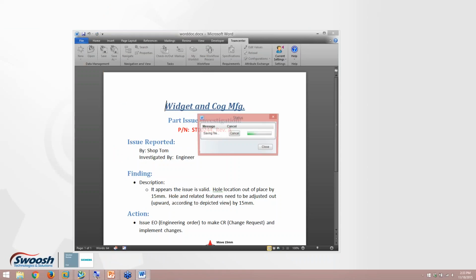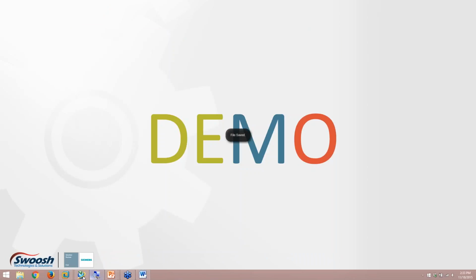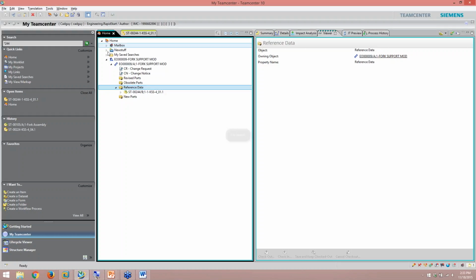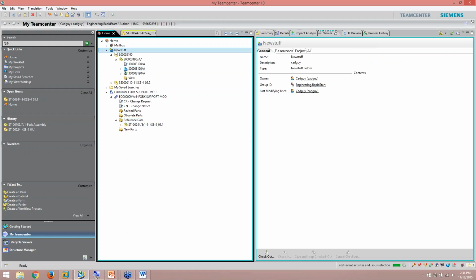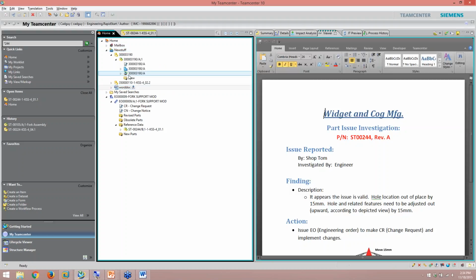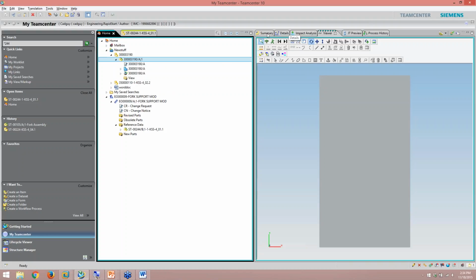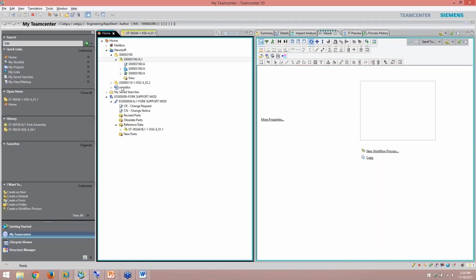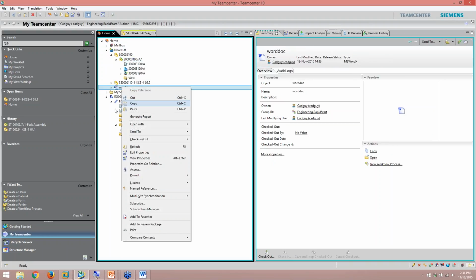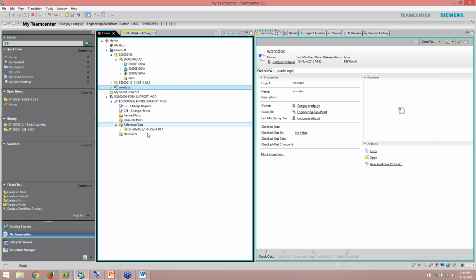I can save that into Teamcenter. I can go to the rich client. I can grab that Word doc, and if I wanted to create a reference link to that, I could simply come over here, copy it, or cut it, either one, and paste it over here in my reference data.